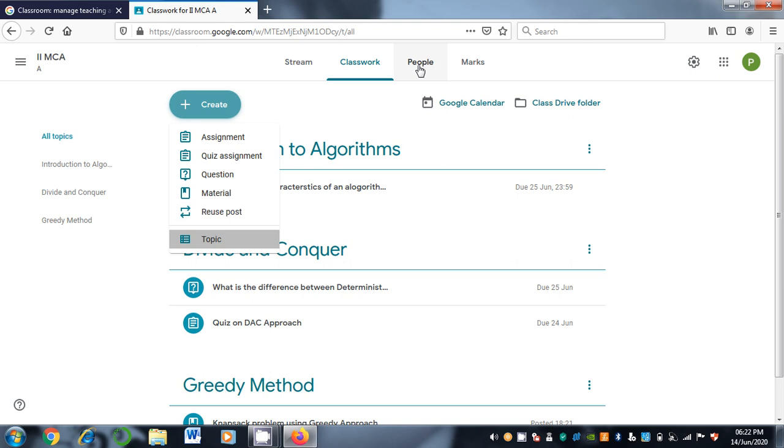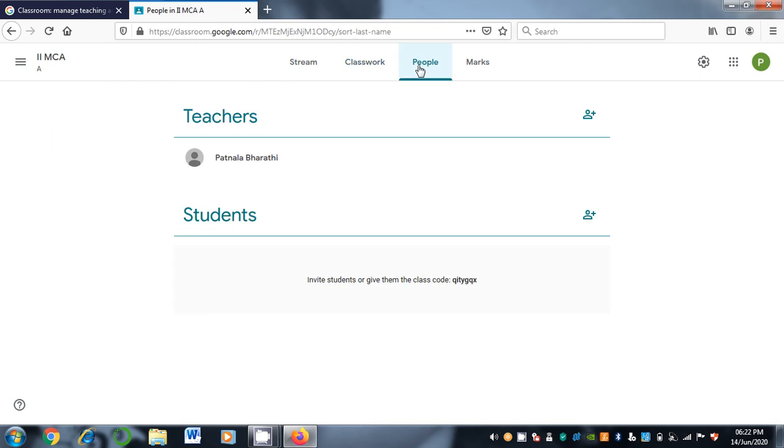Okay. Now go to people tab. In people tab you can invite teachers as well as students by sending this class code. Okay. So by using this class code, as already explained in the starting of this session, join class. So students will join the class by using this code by clicking on join class.